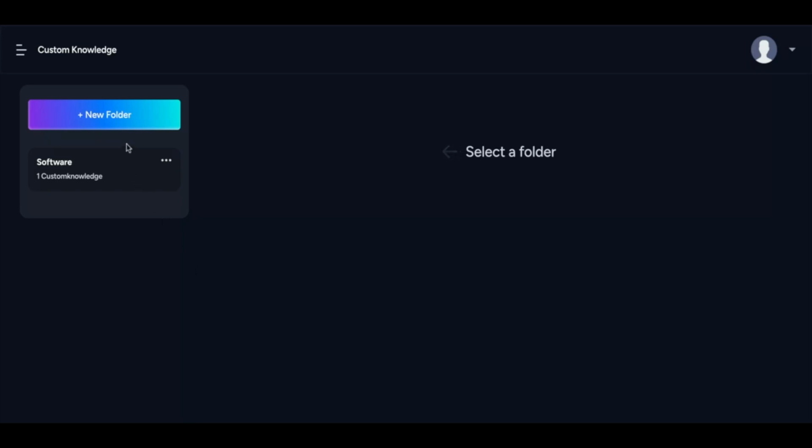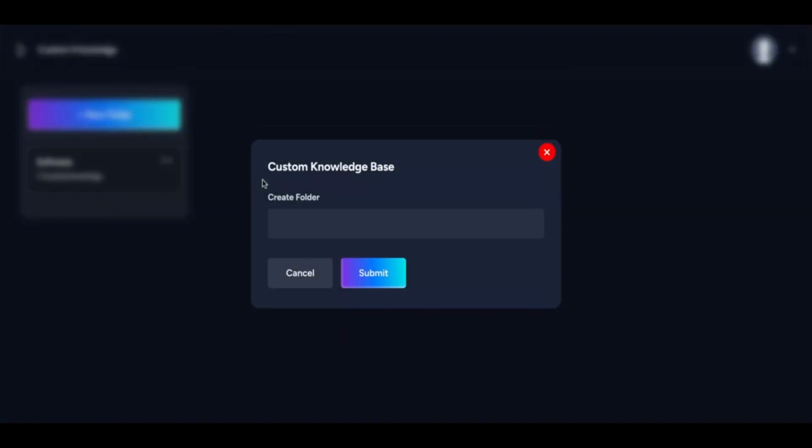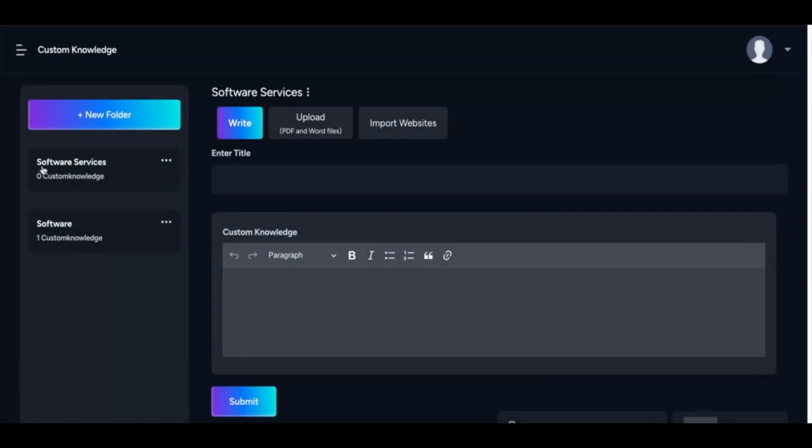So firstly, you have to create a folder here and submit it. So you can see a folder named software services has been created, and you will get this screen where you can create the different custom knowledge under one folder. So you need to enter the title, and in this right option you need to enter the custom knowledge content